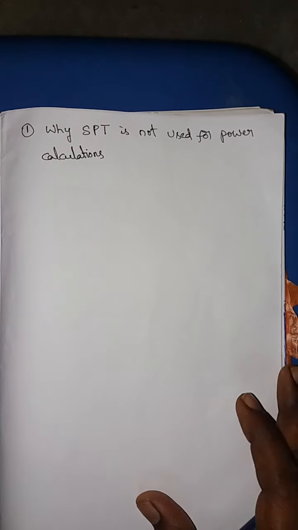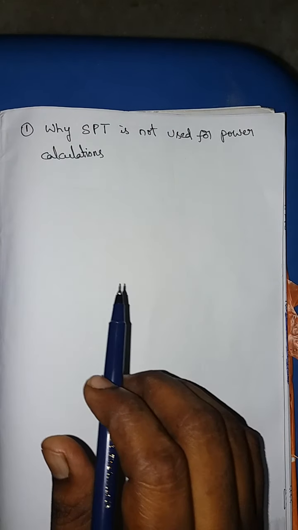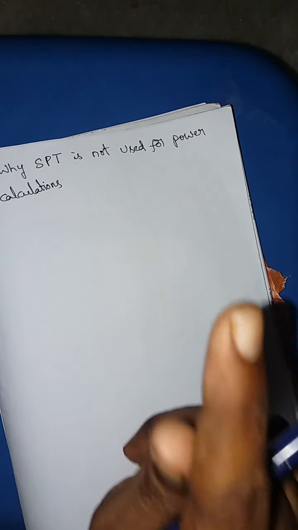Yes, we know the statement of the superposition theorem. The response indicates either the voltage across the resistor or the current passing through the resistor, like that we consider. But we are not given a statement for power because it is not suitable for power. Why is it not suitable for power? Let me give one simple example.